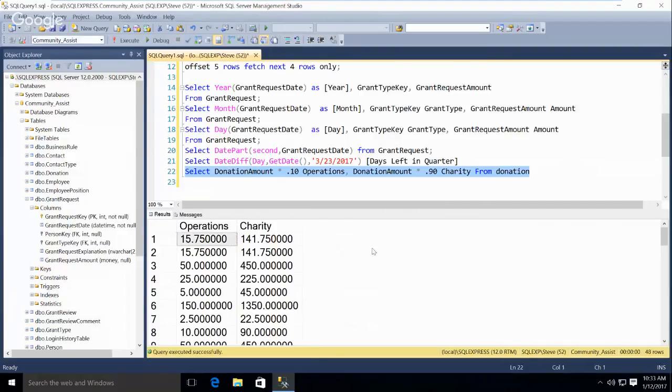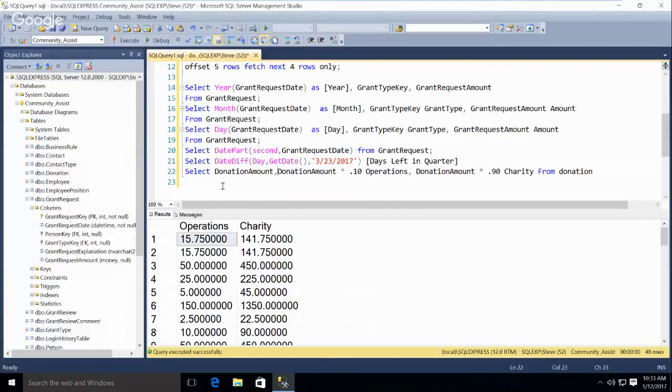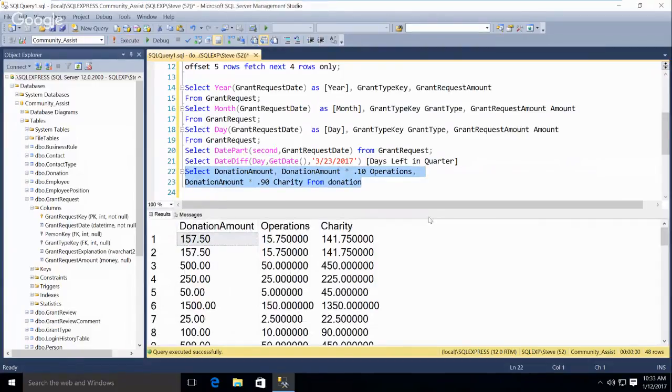And let's also show the donation amount so that we see the original. If you were breaking it up, you could do some simple math like that.